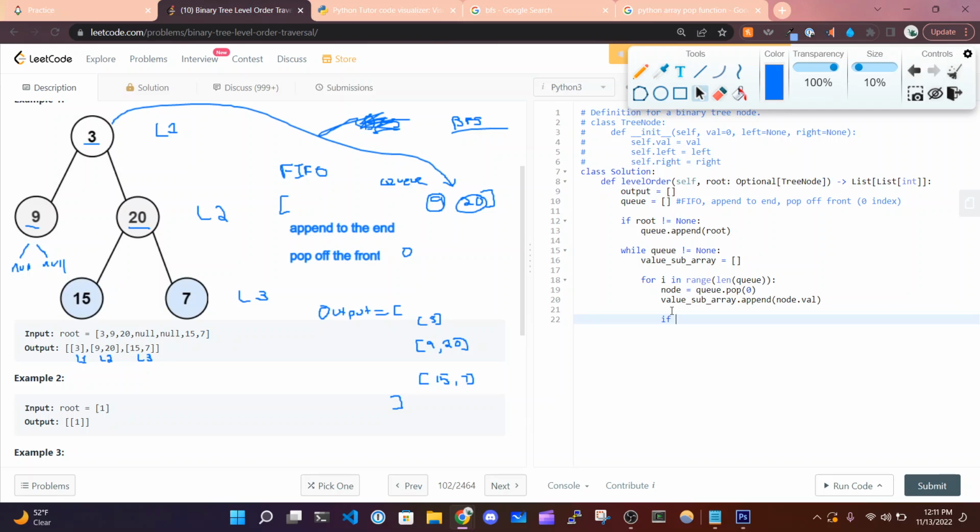So we need to say if node dot left does not equal none, then we're gonna say queue dot append node dot left, and we're gonna do the same for node dot right. So if node dot right does not equal none, then we're gonna say queue dot append node dot right. Okay, and then